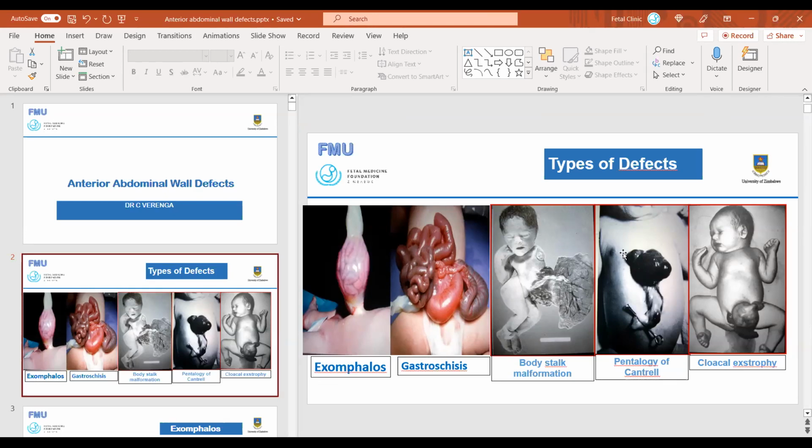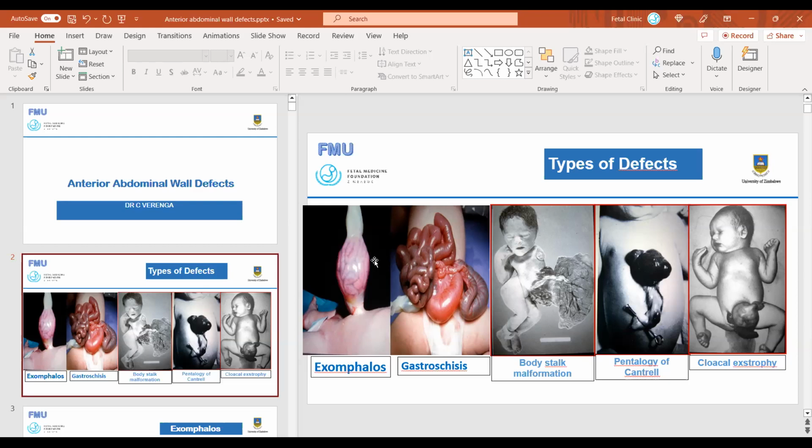Then we follow with exomphalos and gastroschisis. Exomphalos, we said there's a membrane covering, as shown here, and gastroschisis, there's no membrane. It's just the bowels floating in the fluid. Then we do have body stalk anomaly, which is more for a very huge anterior abdominal wall defect. It's thought to be part of the amniotic band sequence,